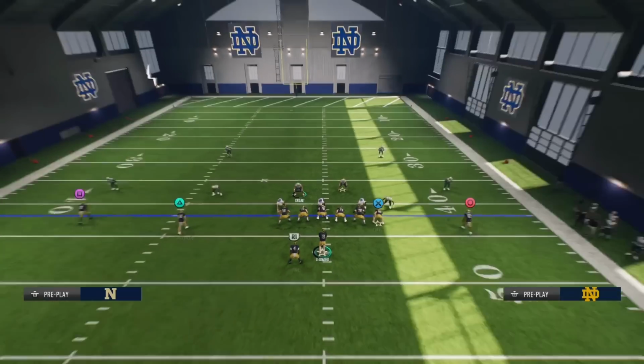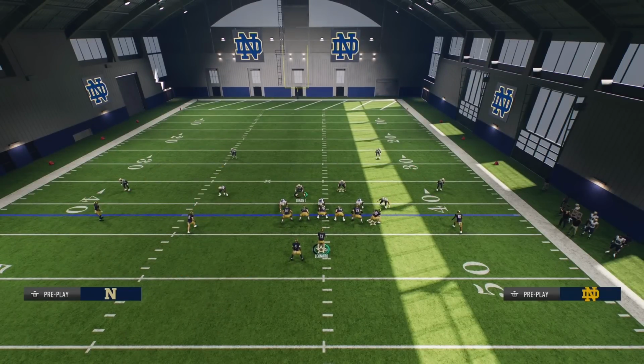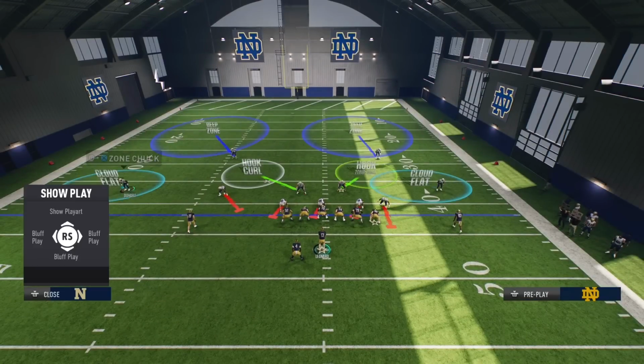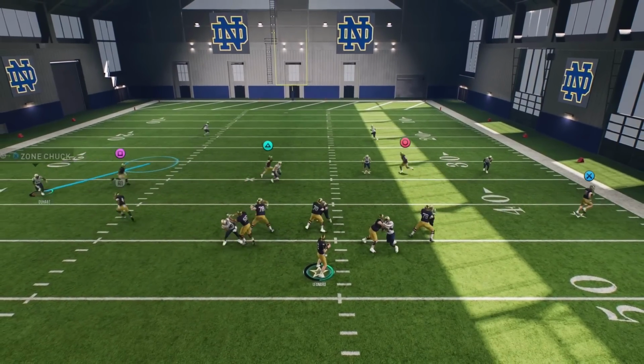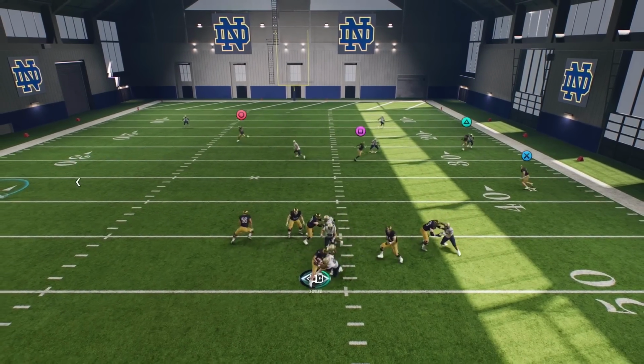So let's say they look to this table route again. So let's put they call slants. They're gonna look to this table route. What I'm going to do is I'm gonna switch stick onto this corner and come down to look to intercept or tackle the running back for a short gain. So let's show this in this play. They snap the ball, I switch stick onto the corner, and right like that, I'm on top of the running